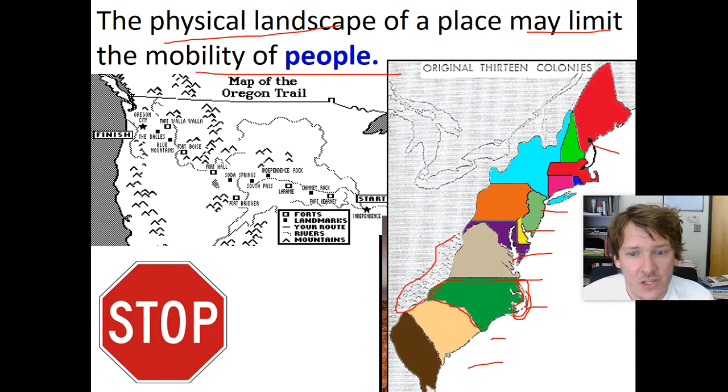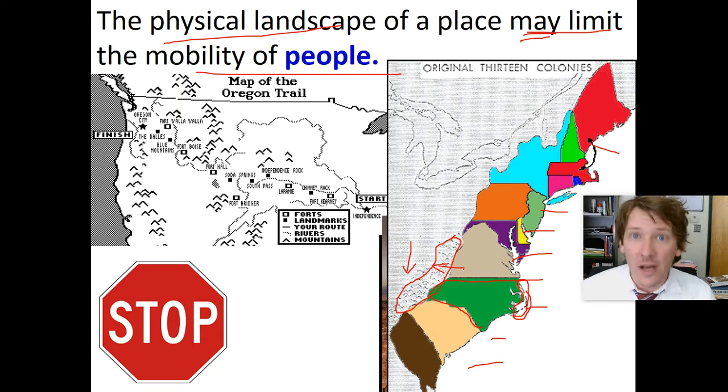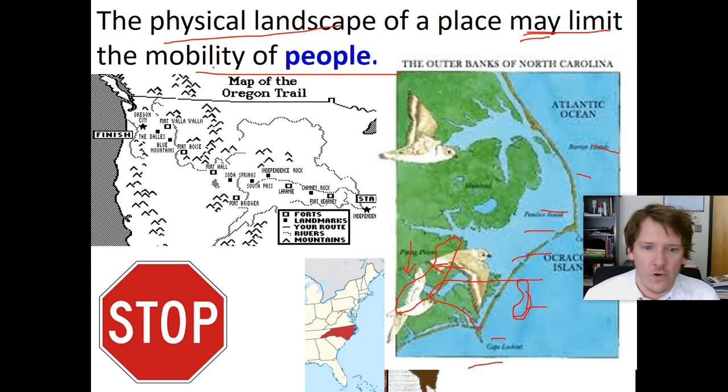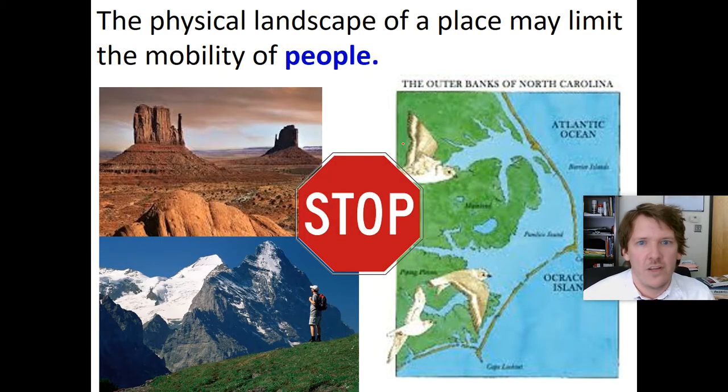Now you look at this Appalachian area, there was a low population here because the Appalachian Mountains limited the mobility of people. Now it says may because over the course of time, eventually people can say, well, if no one else wants that land, I'll take that land. Forests also, you got to chop down all these forests, the Outer Banks, those are all examples. So physical landscape, these are basic ideas that we study in geography.